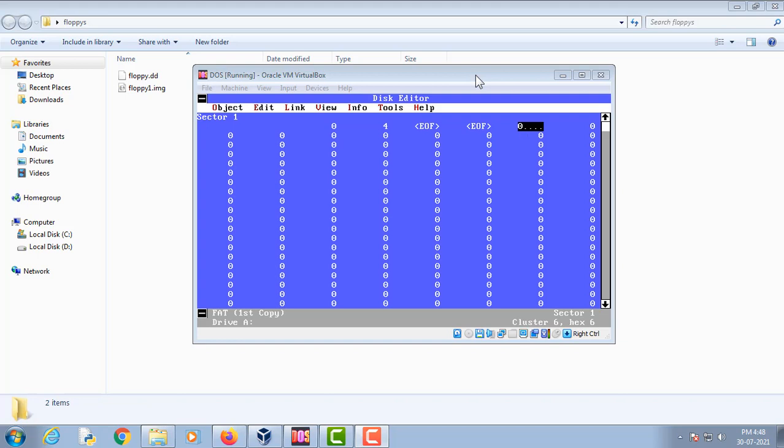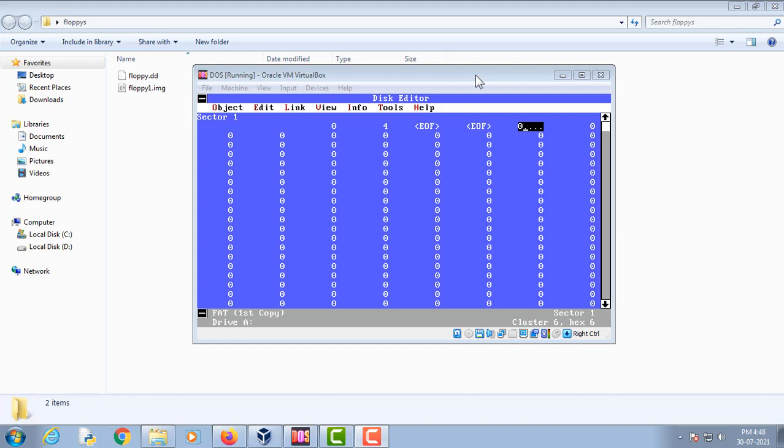We calculate this by dividing the size of file2.txt by the size of each cluster. So we divide 3093 bytes by 512 bytes, and we get 7. So file2.txt is going to occupy 7 clusters.